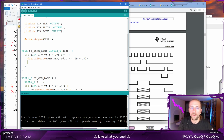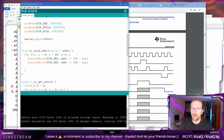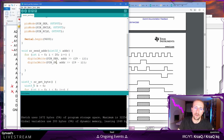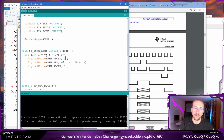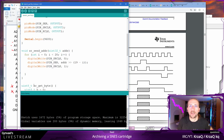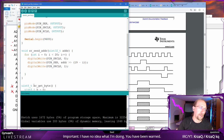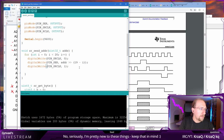So we put that on the serial lane, then we need to raise the clock. Actually, we can lower the clock here. So lower the clock, send the data, raise the clock. Again, we are not caring about the timings at this point. If something is not working, I will add some sleeps. But as I mentioned, Arduino is so slow that the shift registers are way faster than it, and it can totally support it. Okay, then...